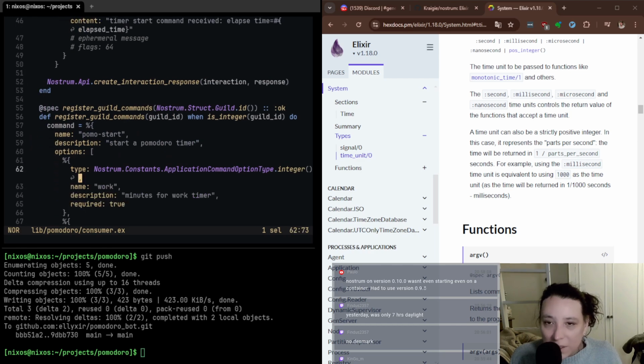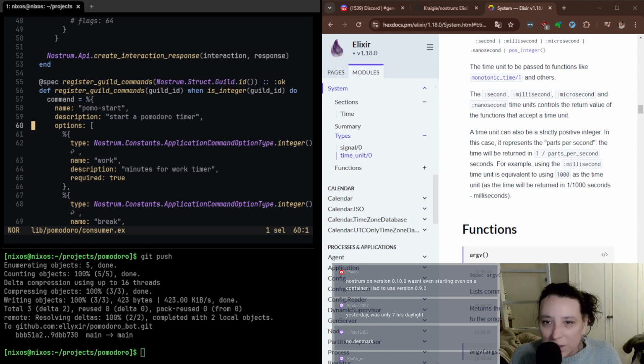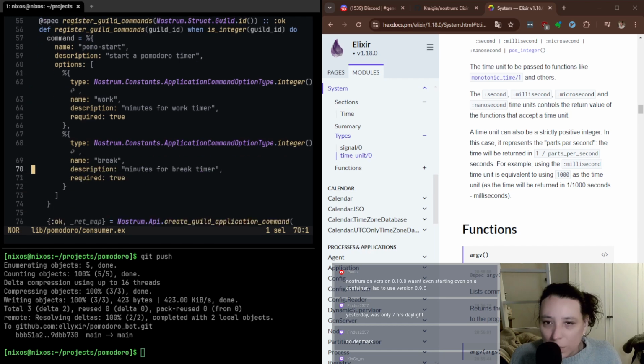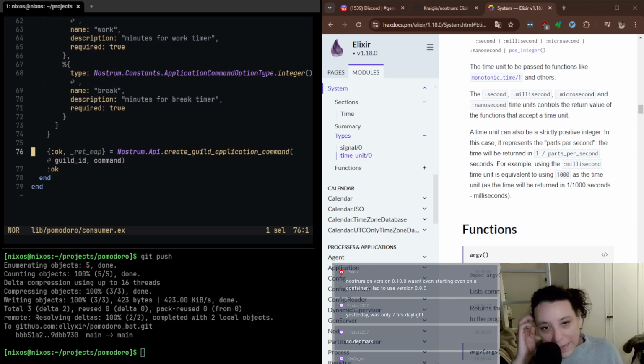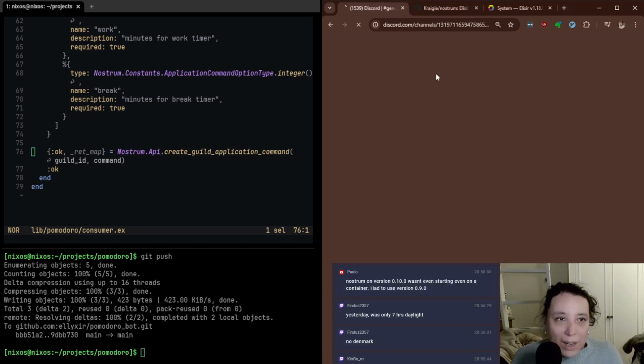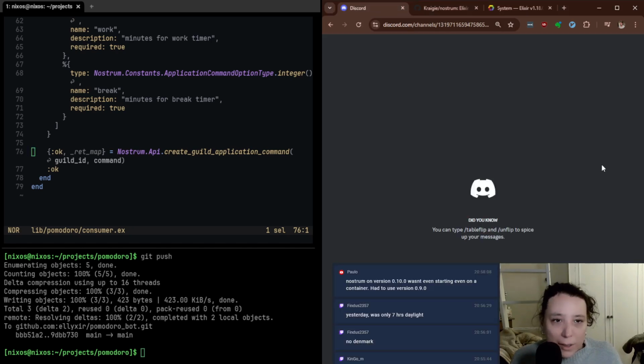And we register the command that we're interested in, which is called pomo start. And we gave it a description, and we have two options, work and break, which are integers. So you see that type here says integer, and we create that guild application command. So when we try that out, we're here on Discord,